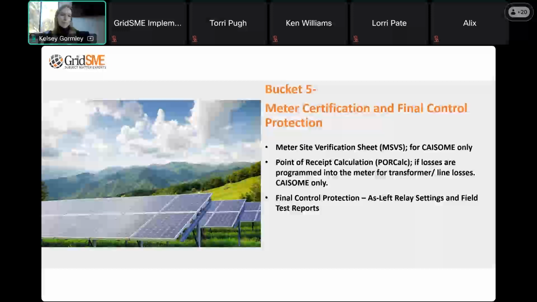One of the biggest lessons learned that I have on this submittal is make sure that whoever's email you're putting on the bottom of that form, that person knows that they have a part to play in this last submittal. Unfortunately, what we find a lot of times is the meter installer, whoever did the initial install of that meter into the socket, perhaps they were working for the EPC contractor. At this point in the project, the EPC is pretty much done with all of their work, project substantially complete. They're just in punch list mode. So whoever that person was that got their name put on this form, they may or may not be engaged